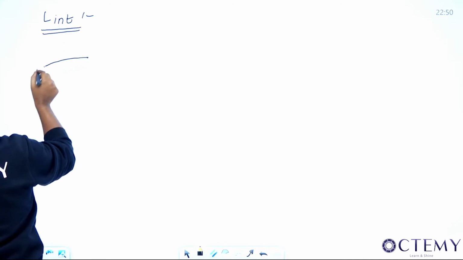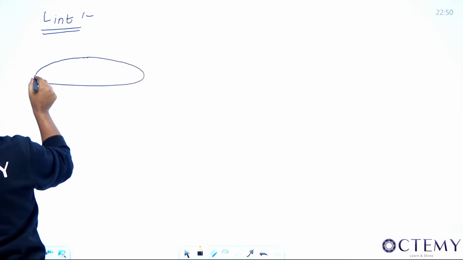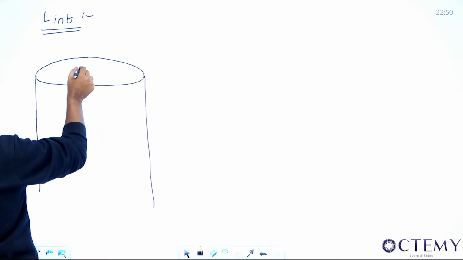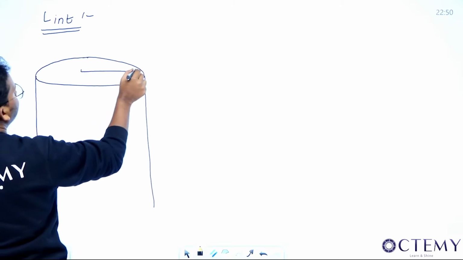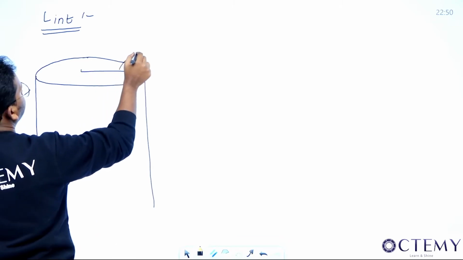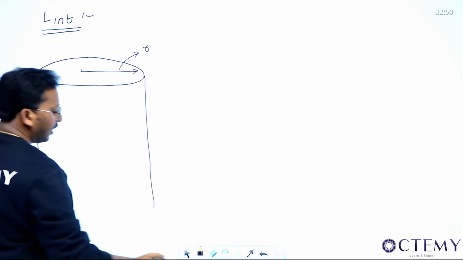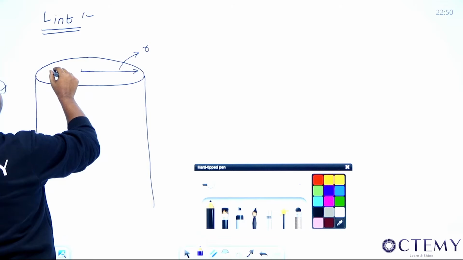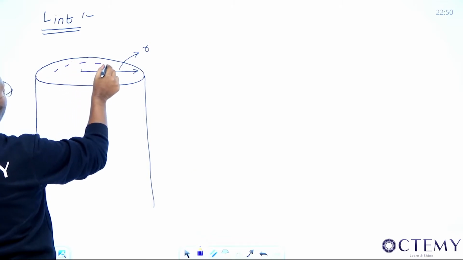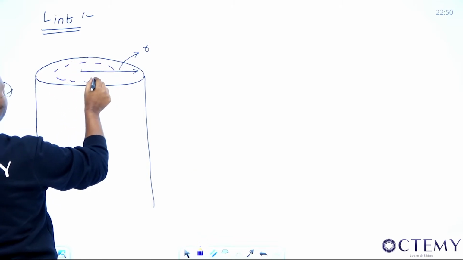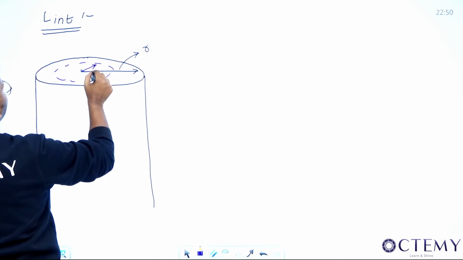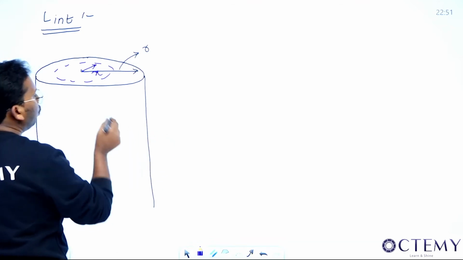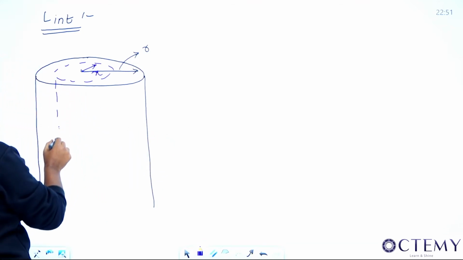Internal means that this is the conductor I am taking. This is the center. From the center to here is the radius R. So see, sir, what we are trying to do now. Let us take a small loop inside this, whose distance from the center is, say, x, right? The loop is like this, sir. Inside it is there.